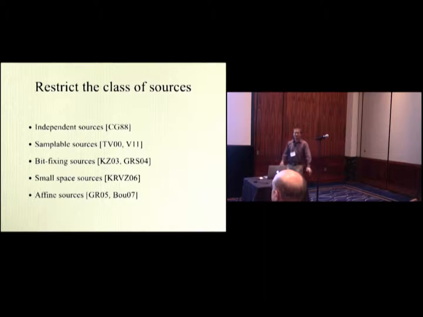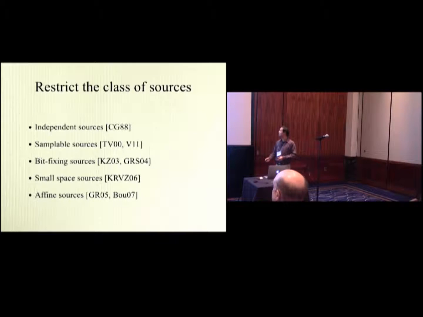Samplable sources, which are sources that are sampled by small size circuits. And bit fixing sources, where you have a uniform string and some of the bits are fixed. And small space sources, which are generated by small space computation like branching programs. And affine sources. The first one, independent sources, and the affine sources are going to be the topic of